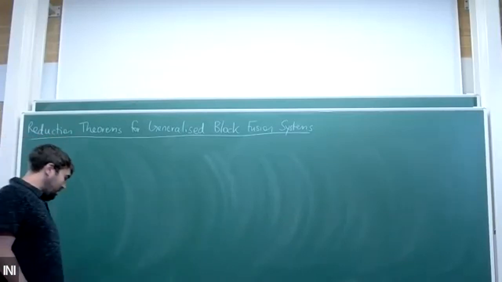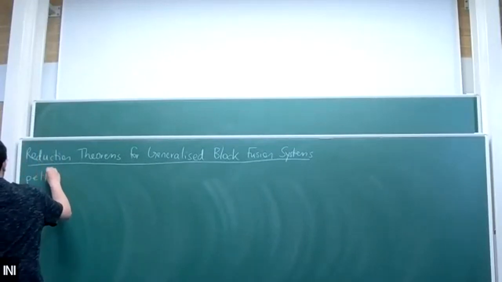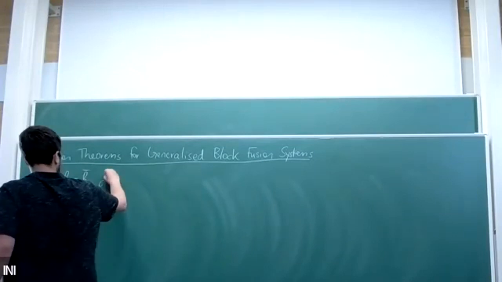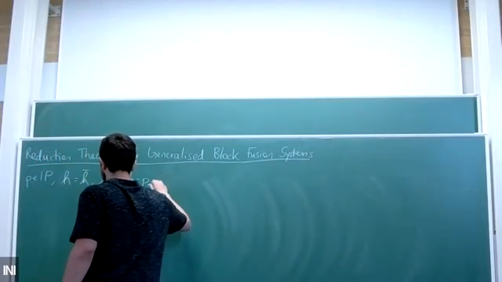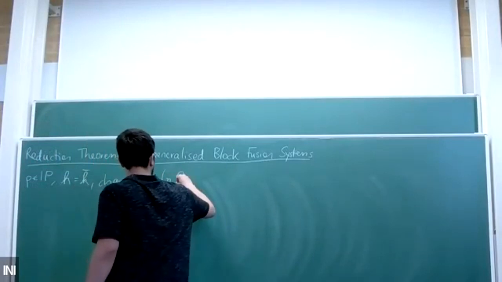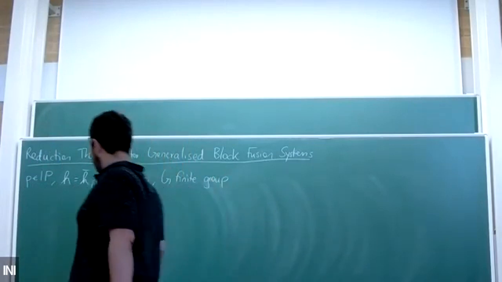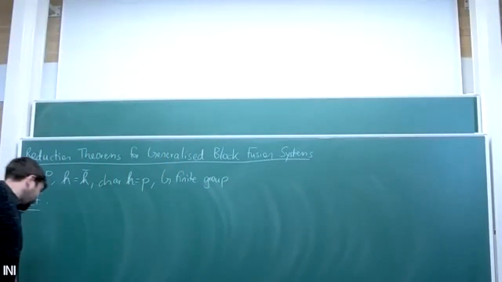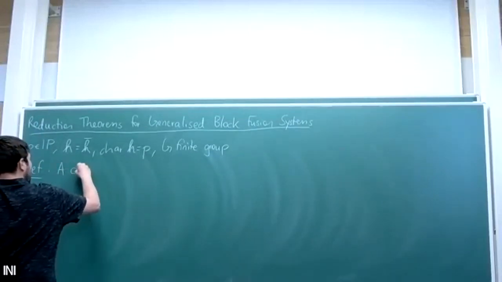For the entire talk, I will fix p to be a prime, take k an algebraically closed field of characteristic p, and G a finite group for now. I think most of you have already seen plenty of times what a fusion system is, but I'm going to define it anyway again. So the category